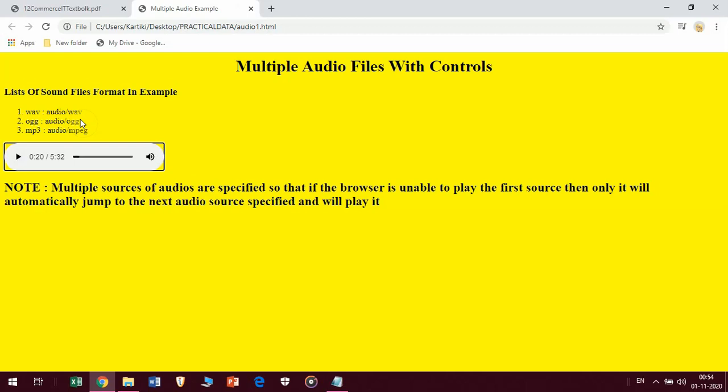If your audio file path is not correct and the second path is correct, that is your first path is not clear and correct, and the second path is very clear and very correct, it will skip the first one and go on to the second file. So these are the errors where the browser will automatically skip the first one and jump to the next audio file you have specified. So this was the program.